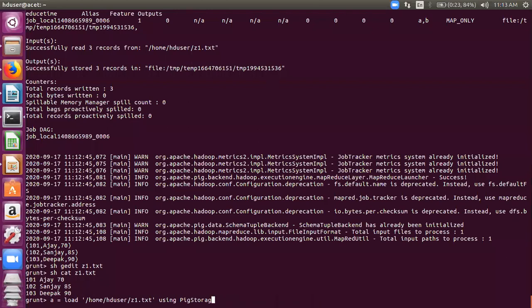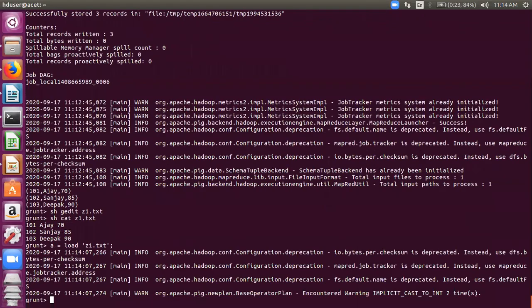I'm going to reduce it like this. I'm just going to write z1.txt. That's it. I'm again going to load this file with the basic command, not using the AS. It has loaded. What would be the output now? A simple answer. I think everybody should be able to give this answer. Let's see it. You can see, the output is what you thought.